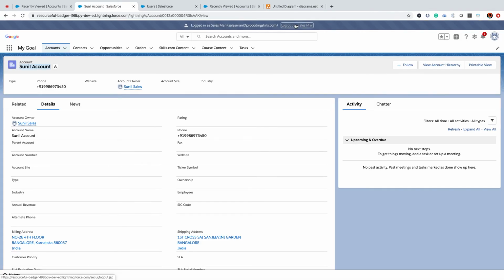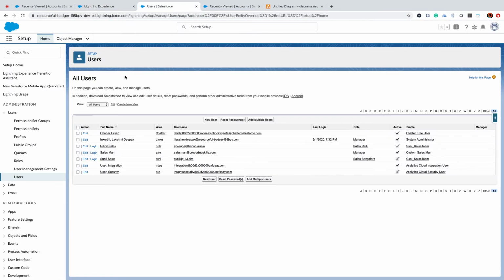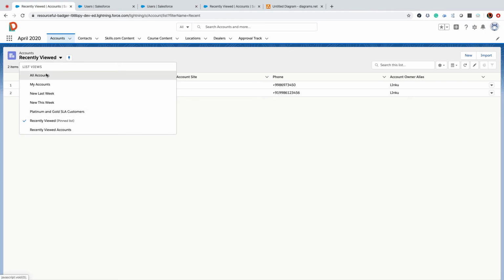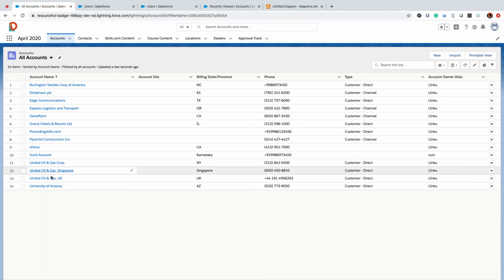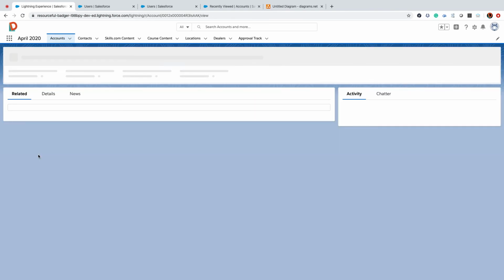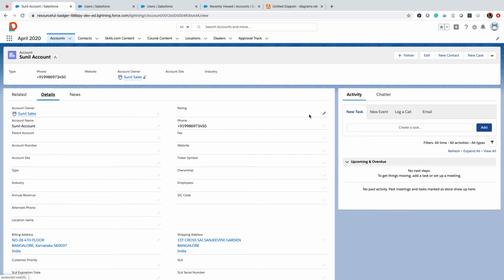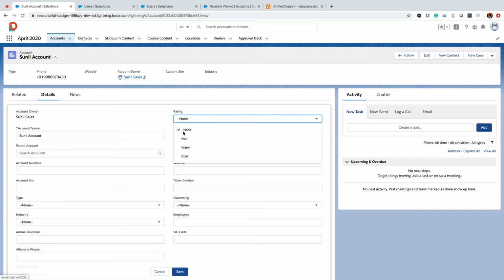Let me tell you another scenario. If the account rating is selected as hot, then these records should be shared with each other, with either Sunil or Nikhil.